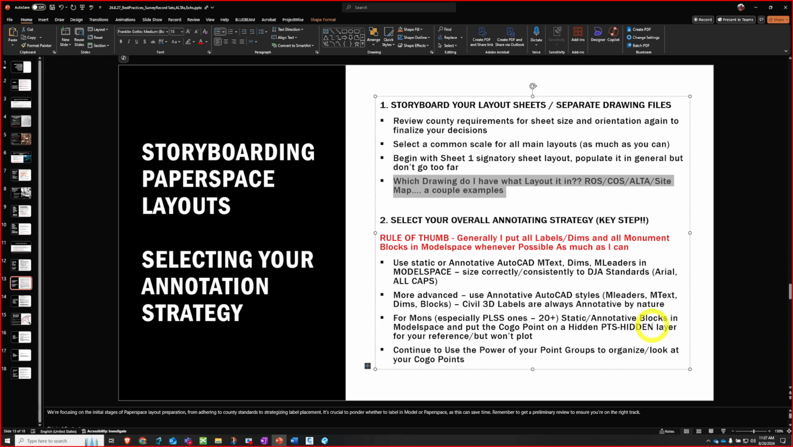But if that would have been any more complex a parcel, like an urban map of a hospital or something, I think splitting the drawings out would definitely have been the way to go with an ALTA in that case. So, for example,